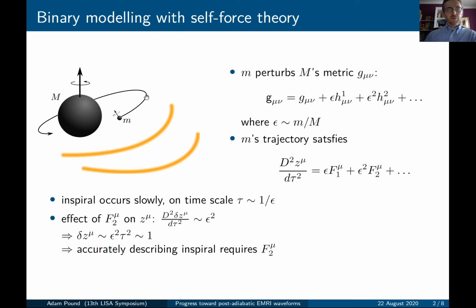And then we construct a representative trajectory for the small object, titled with Z here, and its covariant acceleration on the right-hand side has self-forces, F1, F2, and so forth, where F1 is constructed from H1, F2 from H2, and so on. Now the first thing you need to ask yourself is how high order do we need to go